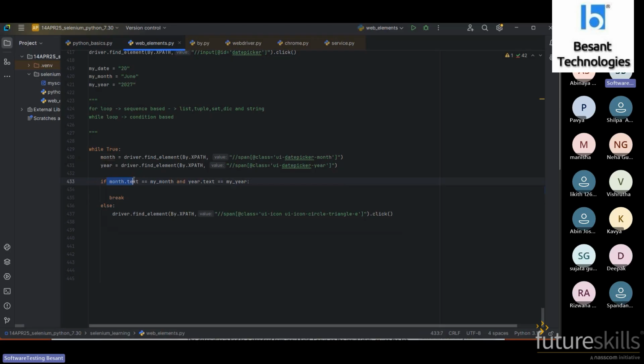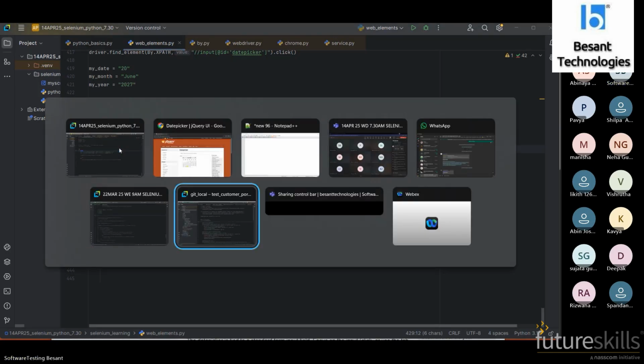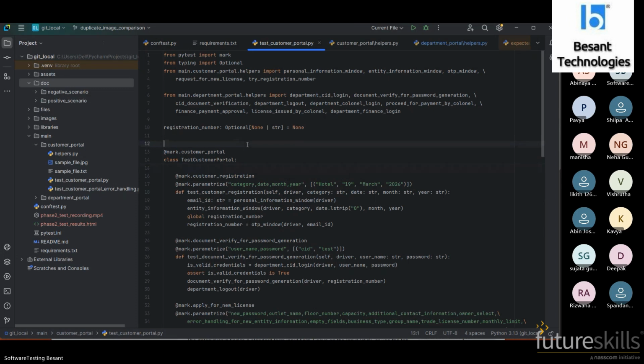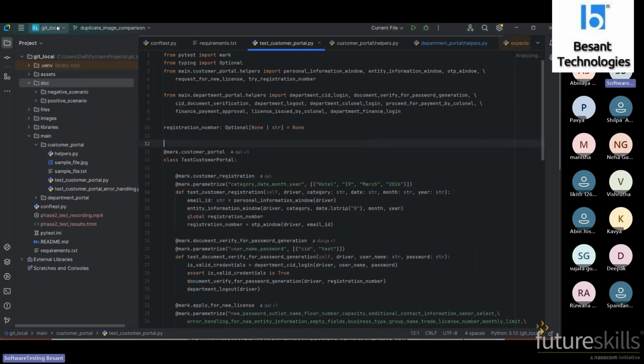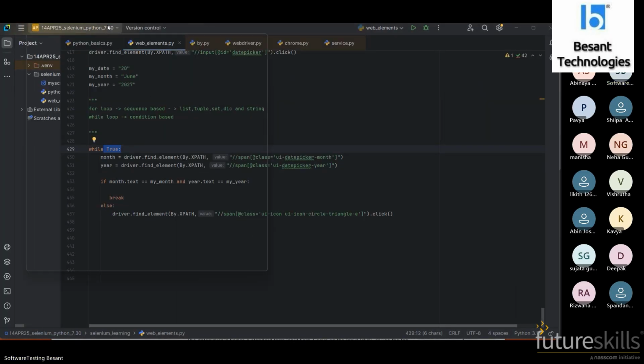When the condition is true, then the block will execute, the same as with an if condition. The same thing we have implemented here. We are making the loop True by default. If it is True by default, what will happen? Anyone having an idea? If a while loop is True by default, what will happen?